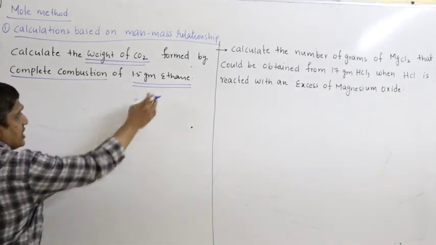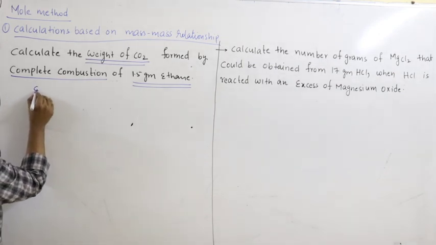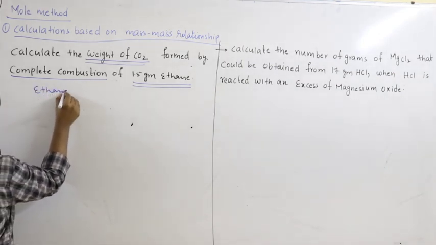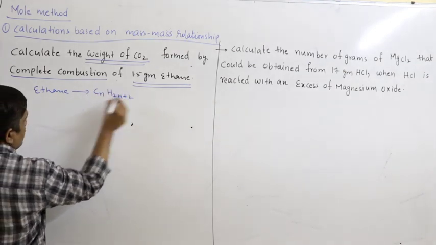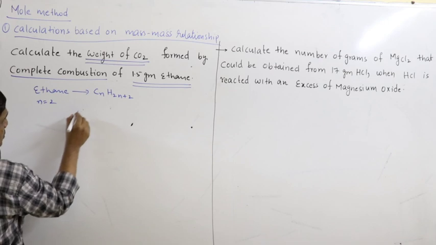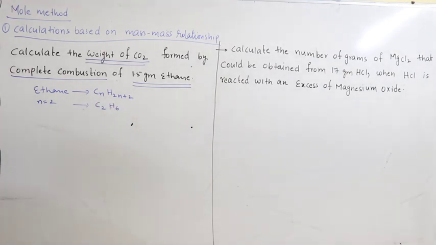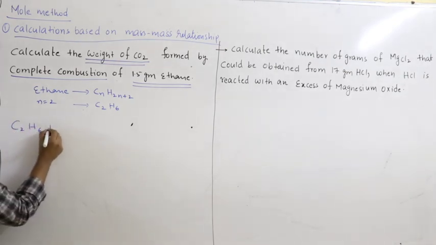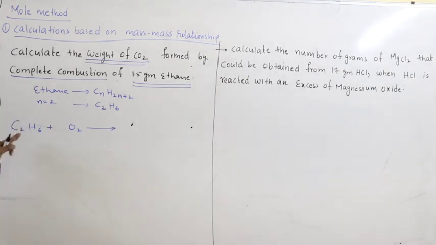Right. First, let us write the combustion equation. Ethane. So ethane, eth means 2 carbons. It is an alkane, CnH2n plus 2. In ethane, n equal to 2. Therefore, C2H6 is the formula. So C2H6, combustion means reaction with oxygen. Generally combustion is defined for 1 mole. You have to take 1 mole of ethane, 1 mole only, right?